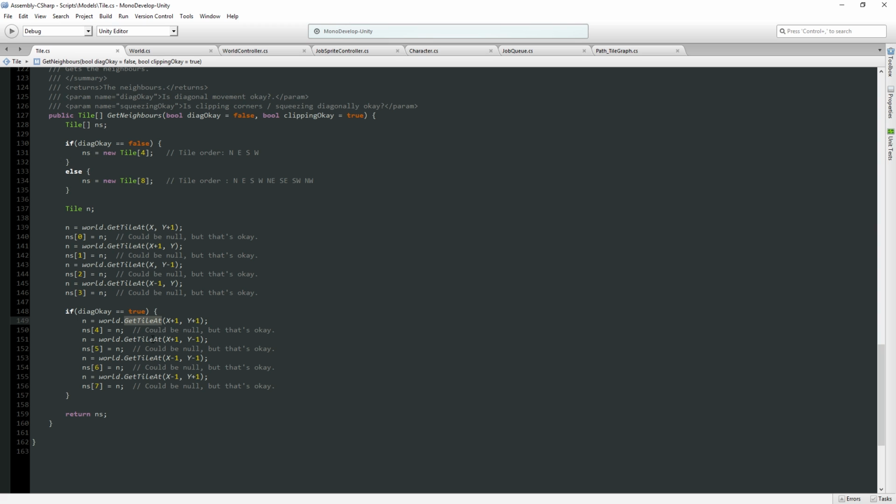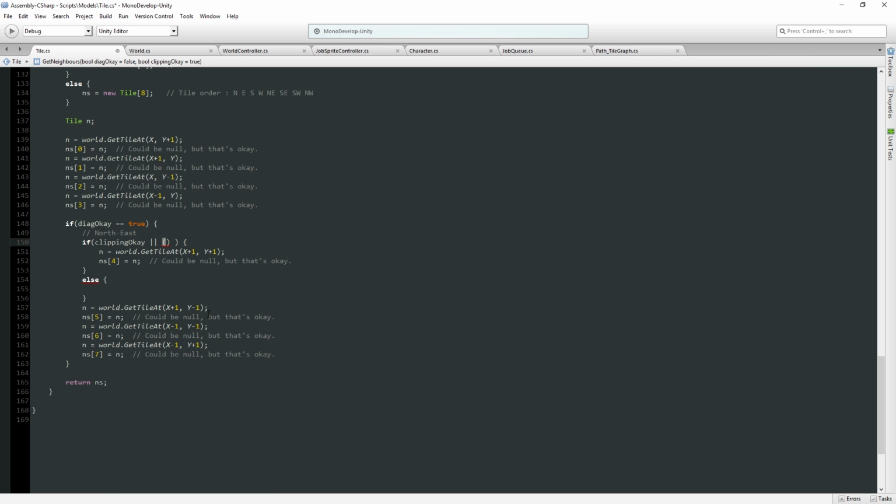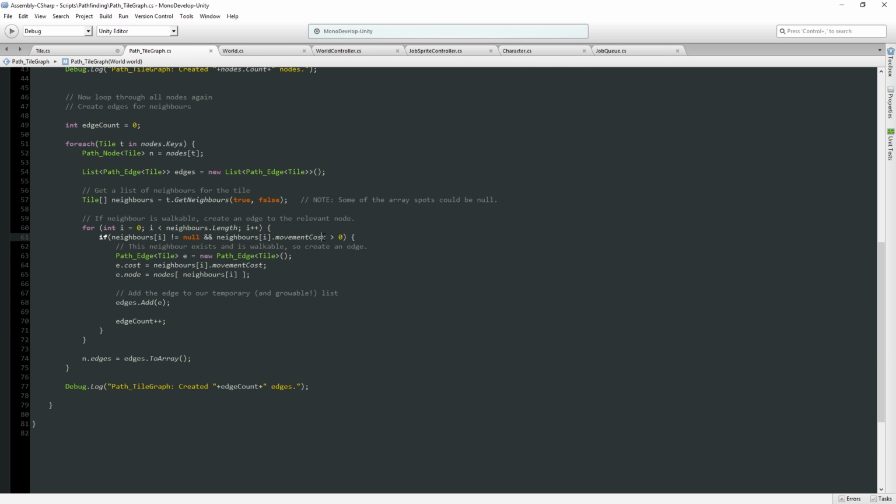So then all we do is we come back here, and it's just in the diagonal code, right? So this is northeast. We get the tile, which could be null. So what we need to do is wrap each one of these around another check. So if clipping is okay, then obviously we're going to process this no matter what. Else, yeah, if clipping is okay, we're trying to come up with an error state. If clipping is okay, then we don't care. Diagonals are always going to be fine. But if it's not okay, then we have to do an OR, where we check to make sure that the other tiles are all good and walkable. See, here we don't actually check for walkability. Here we check for walkability, so it sort of feels...